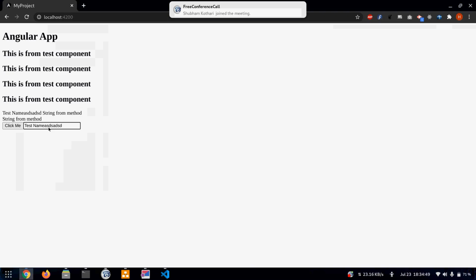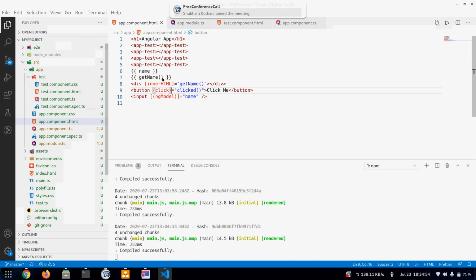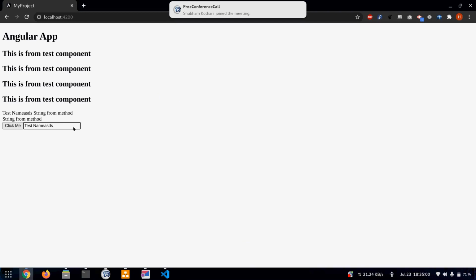Like we write this, and as you can see, this also gets changed because we are displaying name here, and name's value gets changed whenever we input anything into the form. So that was two-way data binding.